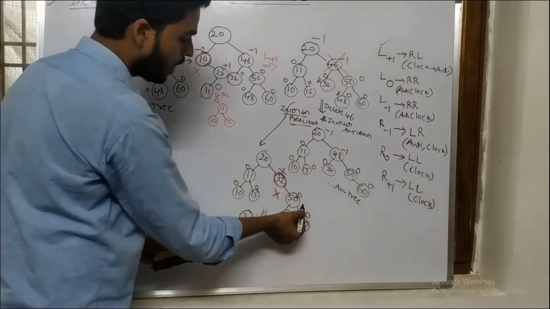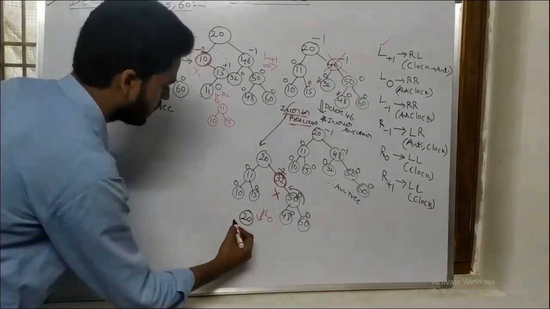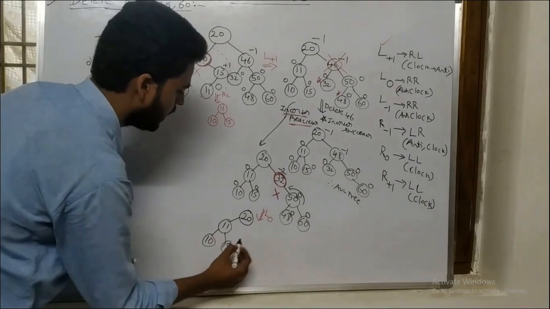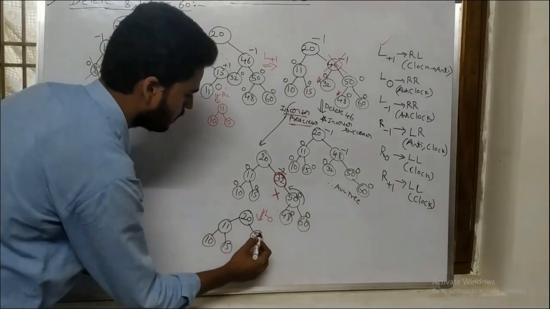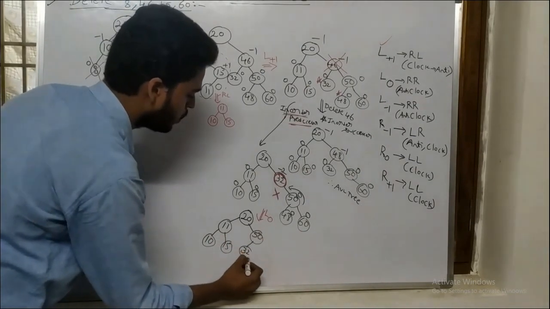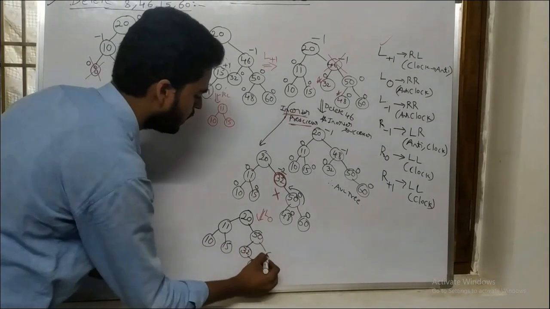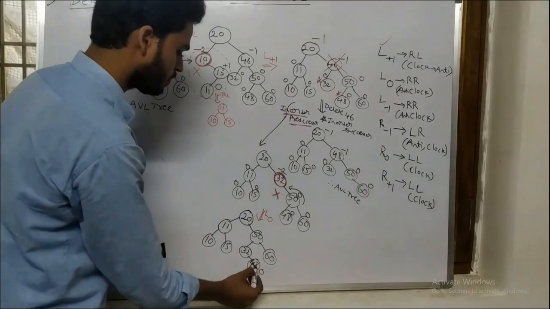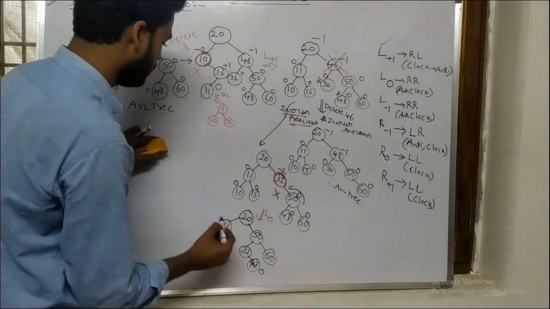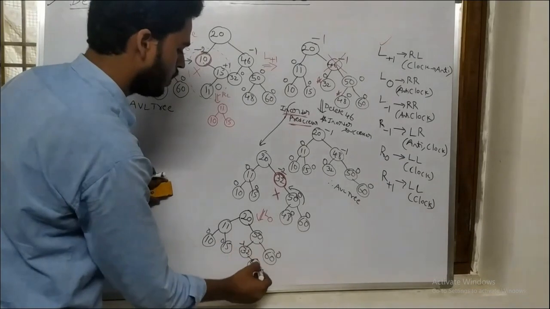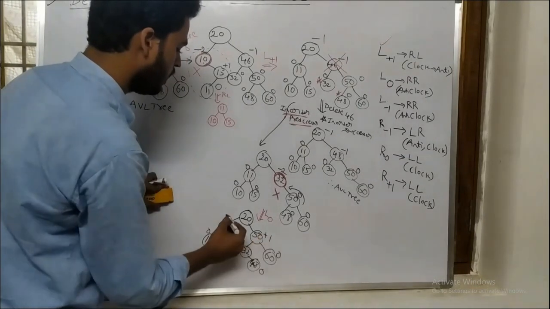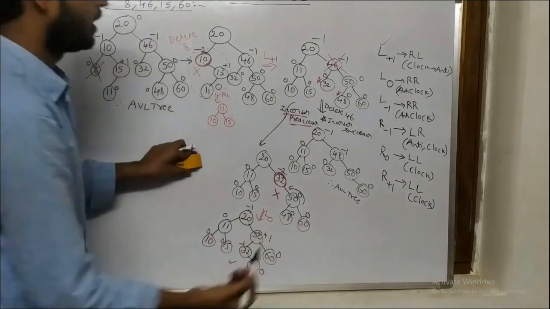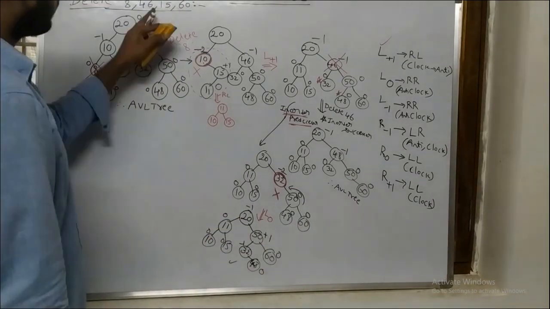When I make the anti-clockwise rotation on the adjacent element of the critical node, my tree structure will look like 20, 11, 10, 15, 50, 32, 48, and then 60. The balance factors are 0, 0 for all external nodes, 0, minus 1, 2 minus 1 is plus 1, 0, 1, 2, 1, 2, 3, so minus 1. So it is also an ideal tree. So after deletion of the node 46,